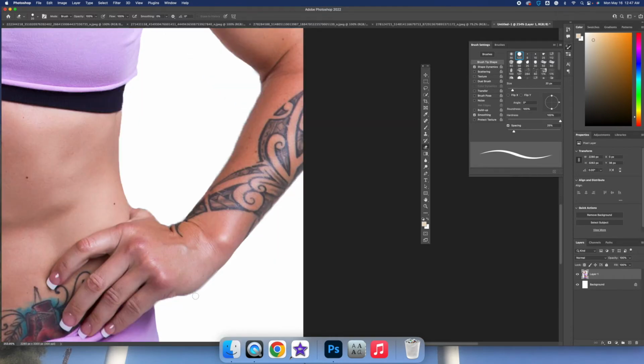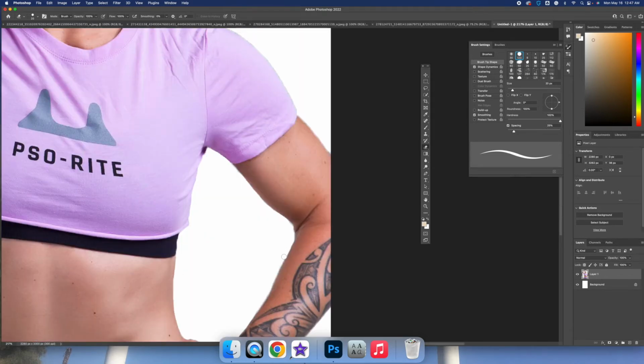Just to show you, try to clean it up as much as we can. That's not the point of the video. The point of the video is how to make a transparent background. But for some reason, I'm a little OCD. I don't like that. It's too close. I just don't like jagged edges. I don't know why. Because to me, I can see